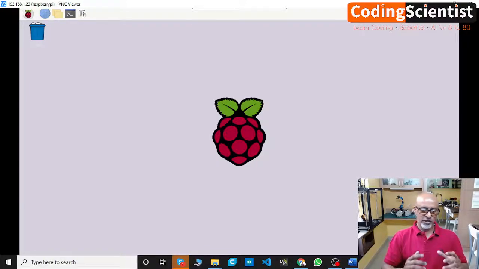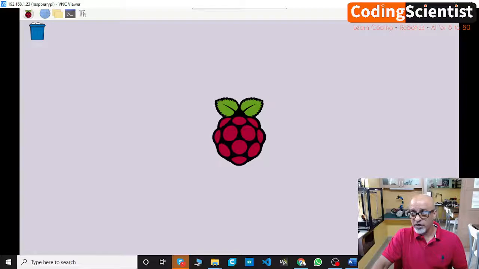First, you need to connect your monitor to the HDMI port. Okay, and then the keyboard and the mouse, and you will see this exact screen. As soon as you boot up, you power up your Raspberry Pi, you will see this particular screen. As soon as you see the screen,